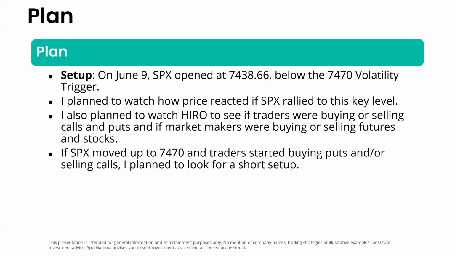On June 9th, SPX opened at 7438.66, below the 7470 volatility trigger. I plan to watch how price reacted if SPX rallied up to this key level. I also plan to watch HIRO to see if traders are buying or selling calls and puts, and if market makers were buying or selling futures and stocks. If SPX moved up to 7470 and traders started buying puts and/or selling calls, I plan to look for